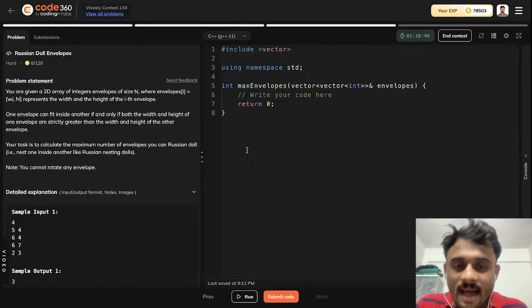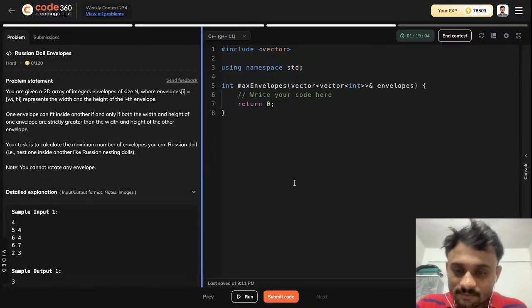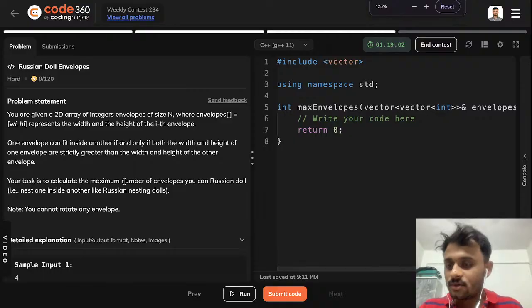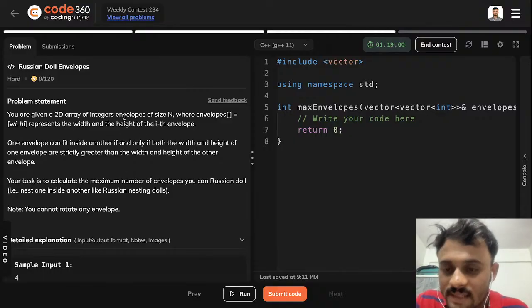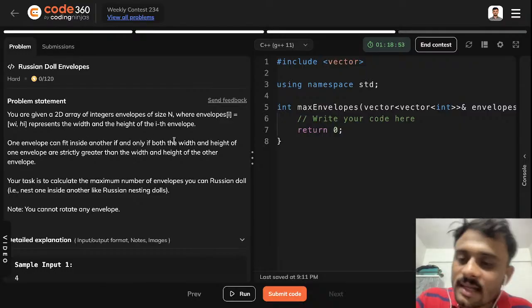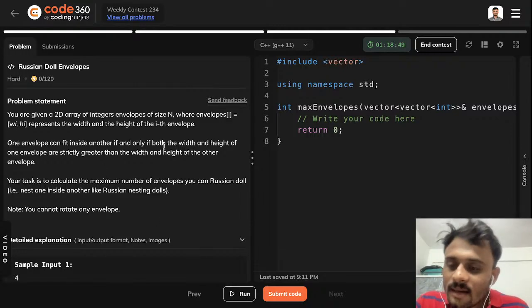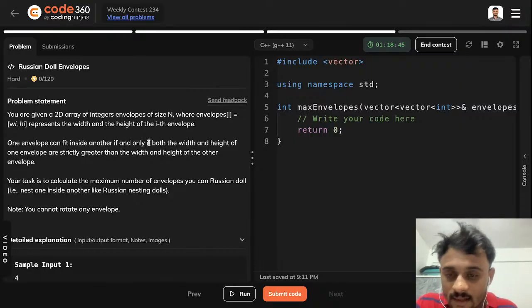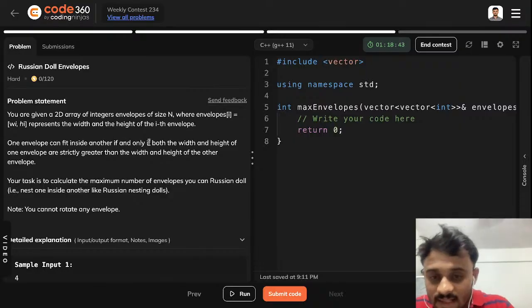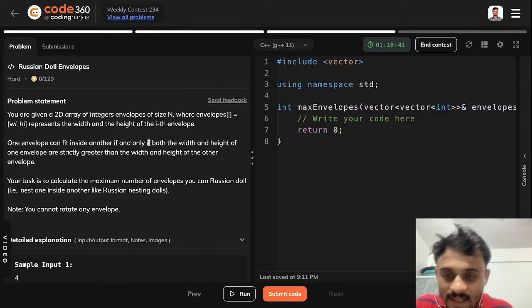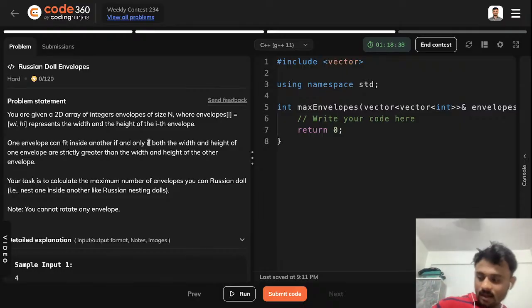Russian doll envelopes. Nice question. Let us read it. You are given a 2D array of integer envelopes of size n, where envelopes of i is equal to w comma h, wi comma hi, representing the width and the height of the envelope. One envelope can fit inside another if and only if both the width and the height of the one envelope are strictly greater than